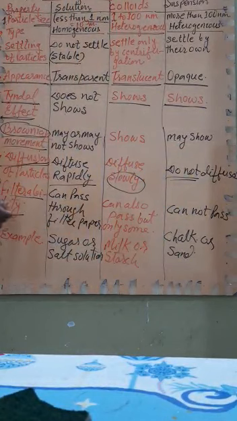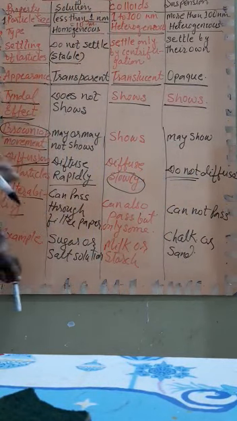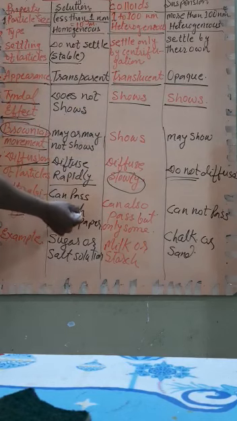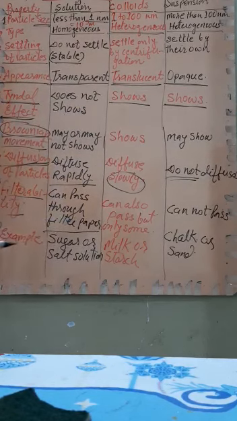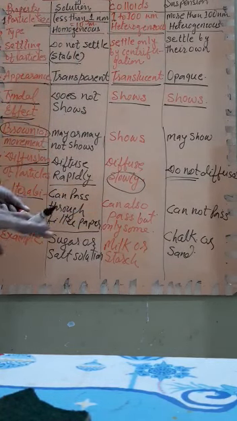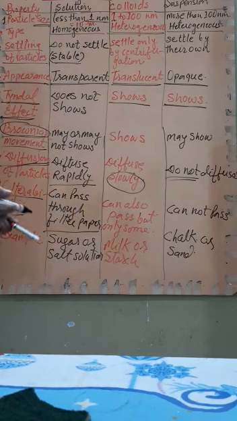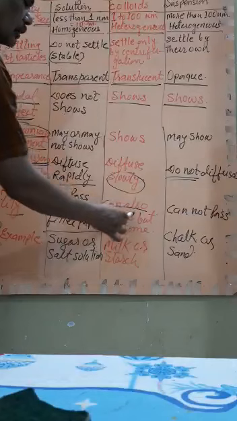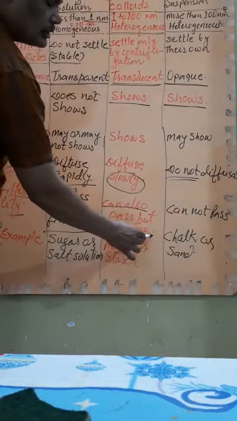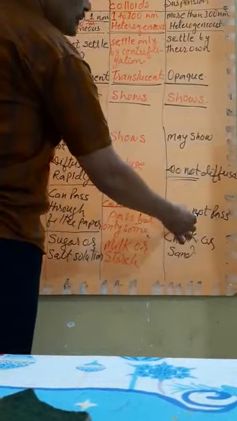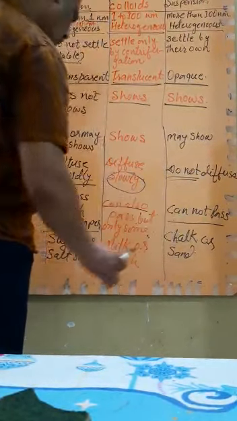Filterability, that is, if we apply filter paper and try to filter, this is called filterability. Solution can pass through filter paper. You know that if we pass sugar solution through filter paper, the whole solution passes. There will be no residue on the filter paper. What about colloids? They can also pass, but only some particles pass, the others remain there. And suspension does not pass through the filter paper.